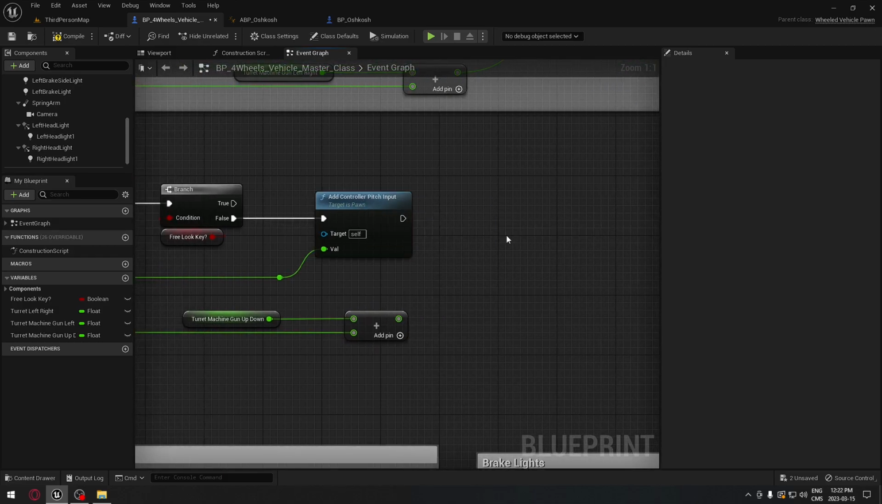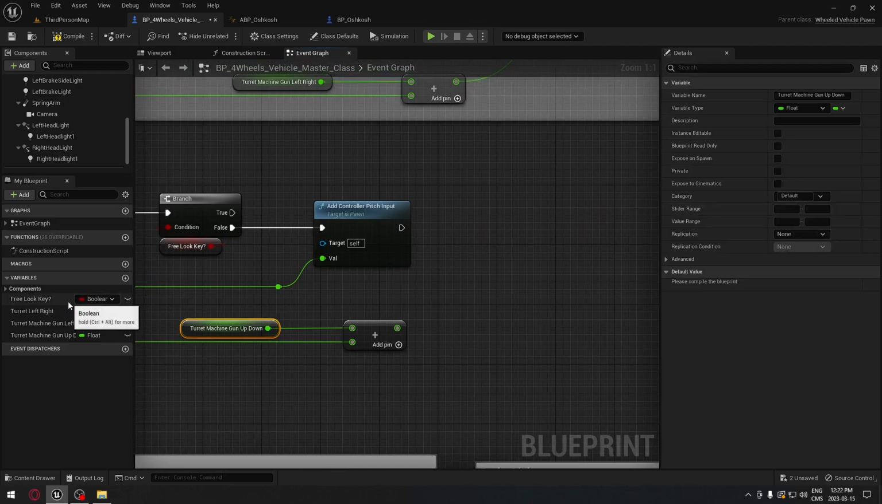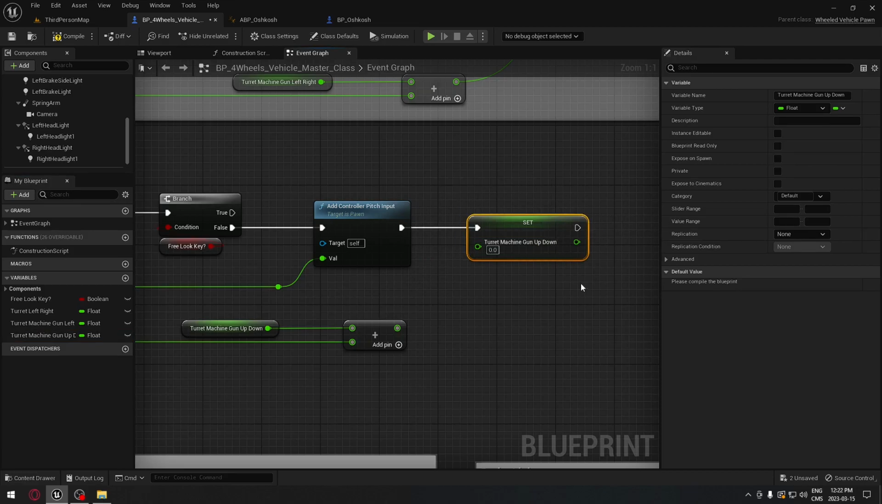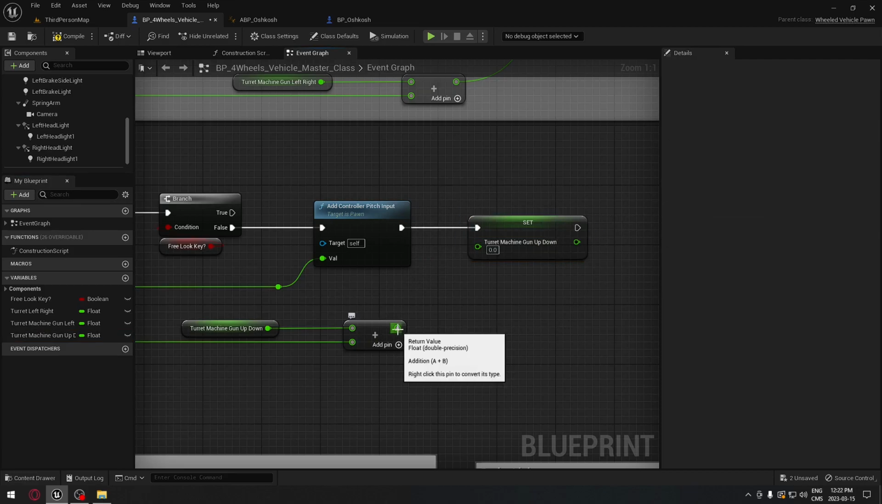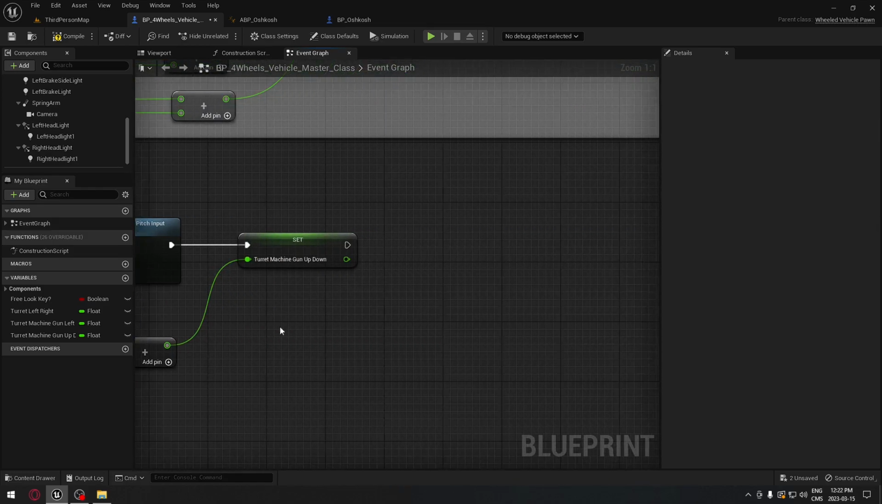Okay, so from this we're just going to drag, and now we're going to set this variable. So we're going to take the gun up and down. We can just drag it on the arrow of add control pitch input, and it's going to do a set for us. And we're going to now plug the plus and the turret machine gun up and down, and we're all set with that. So now, same as before, we can do a print string, and this time we're going to change the hello for gun up